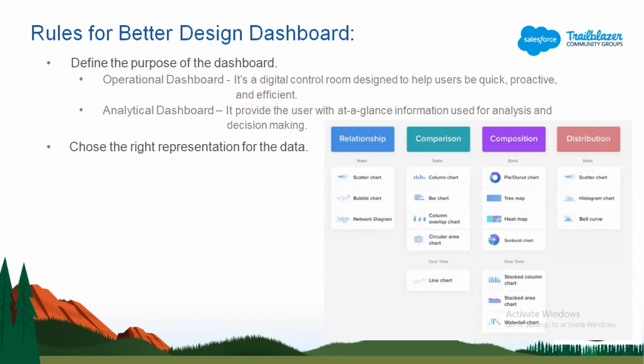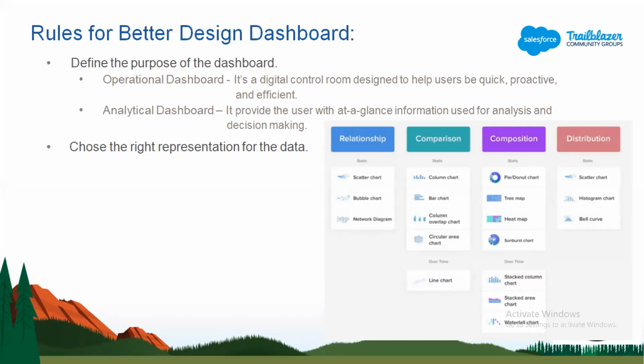So with respect to time, let's say in January, I have booked $1 billion in contracts. Then in February, I booked around $1.2 billion. So each month you are booking some amount of revenue. Then which chart type should you use? The ideal chart we have is the timeline chart. With respect to time, what is your number? So choose the right representation for the data.